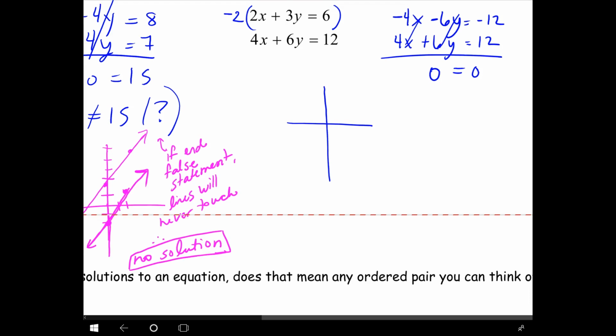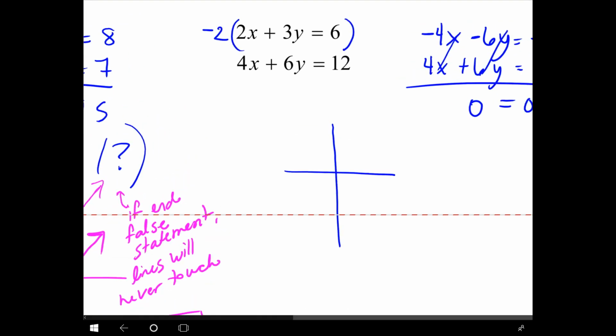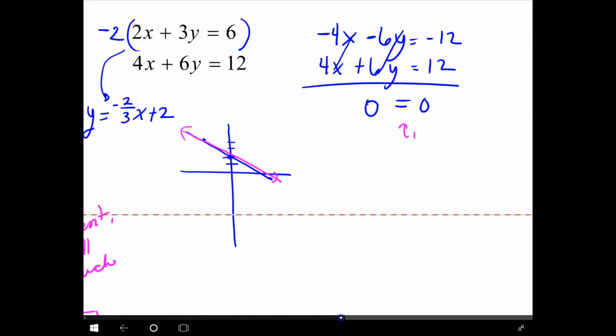Okay, if we isolate y for each of these equations, we're going to find that the same equation comes about. It becomes -2/3 x plus 2. So when I graph both of those, they are going to have a -2/3 slope. They are both going to be the exact same line. So what does that mean? That means if the equation is true,